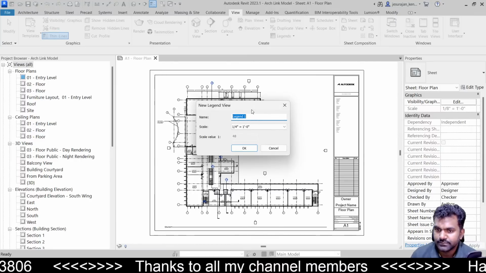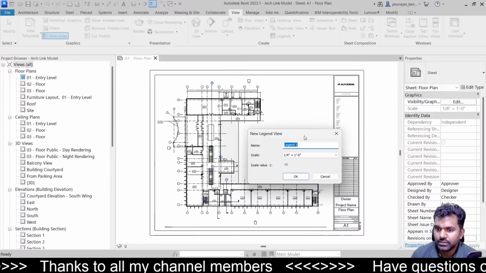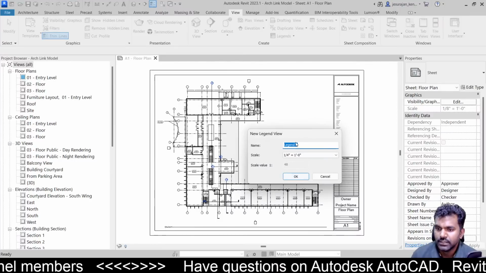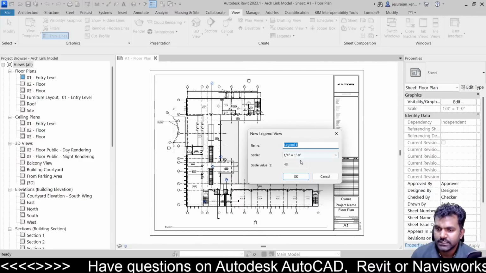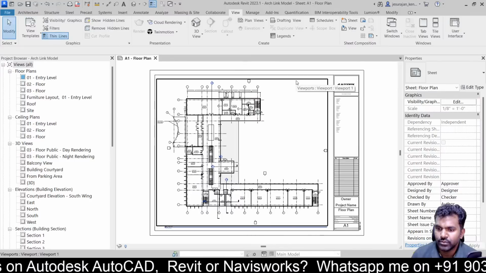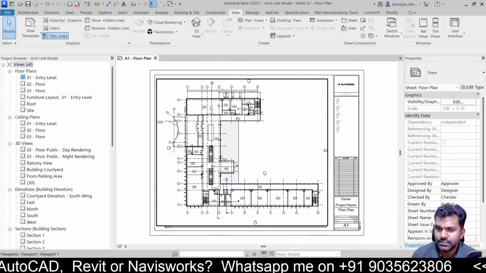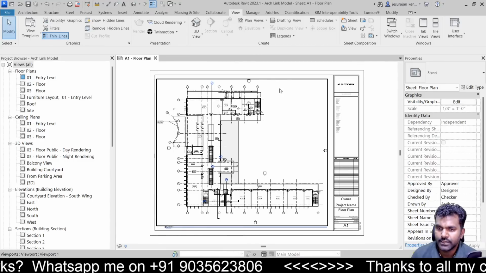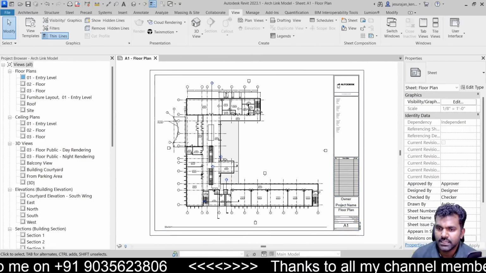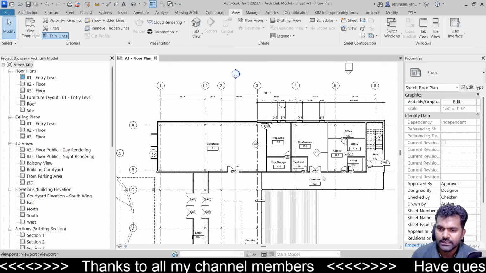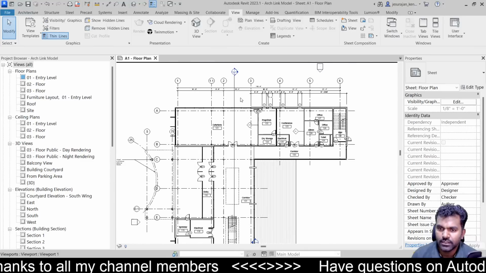Legends are created to define the tags. So before I start, I'm going to give you an idea how to prepare a sheet so that you will understand better. Here I have an example project open, and if you see here, we